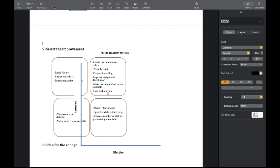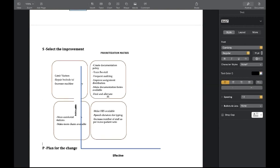And the effective priority we have: create documentation policy, do more training, frequent audit to find where is the deficiency, improve the assignment distribution, make documentation forms more available, and in the future try to push for HIS system and speech dictators for typing, and increase number of staff. Now, regarding our plan for the change,